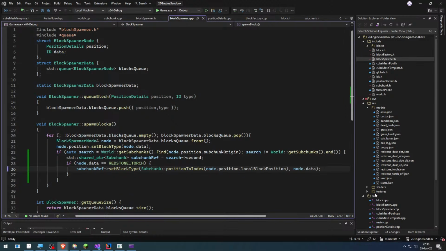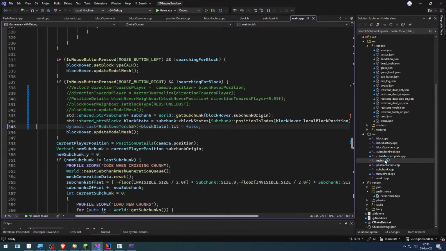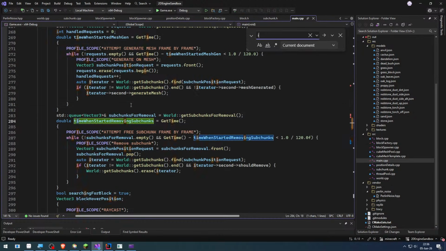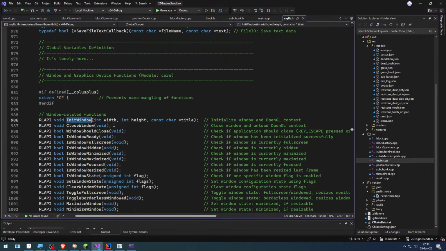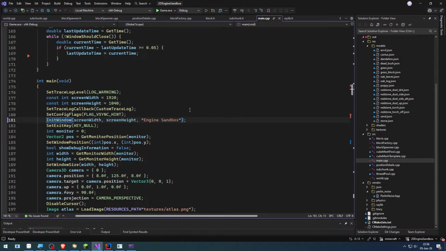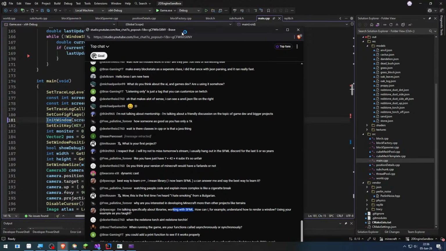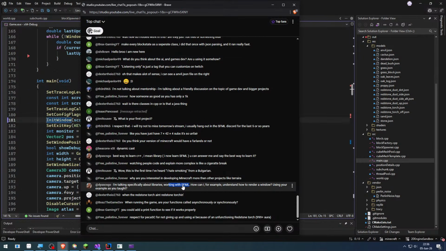Here in Raylib, it's extremely easy. And for the other library, I assume it will be the same. Here in Raylib, it's just init window. Is that simple? It's simple. Init window. That's it. It handles glfw and everything. And in your library, I assume it should be the same. If not, just use glfw